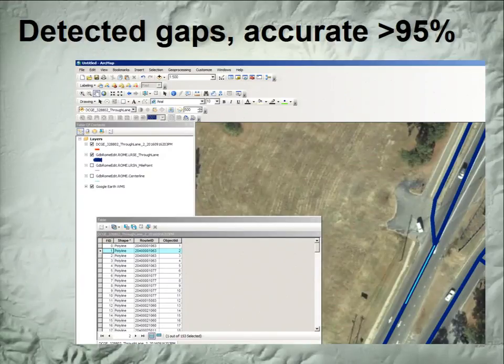We were able to get better than 95%. If I said it was a gap, I was accurate more than 95% of the time. I'd like to figure out exactly why there's a very small amount of records that are not actually gaps, but with the data model,